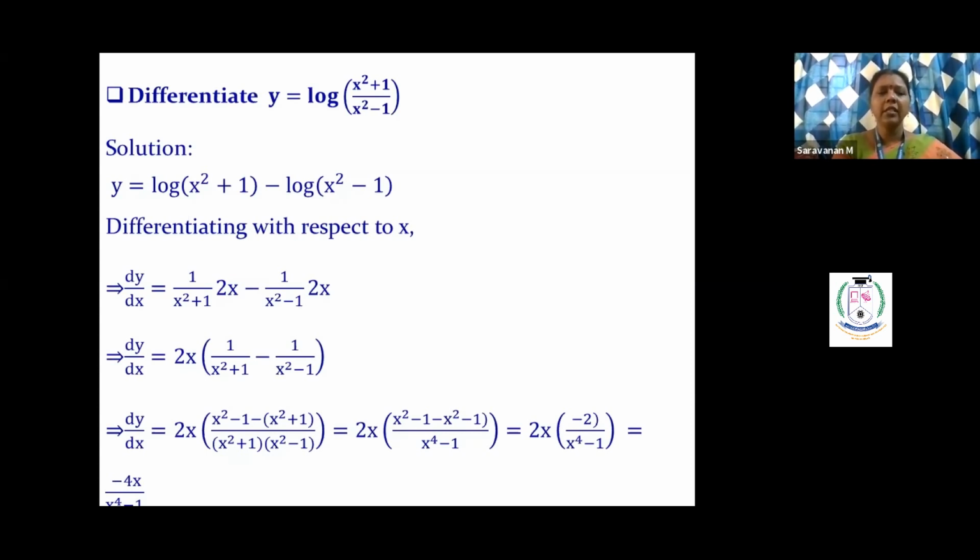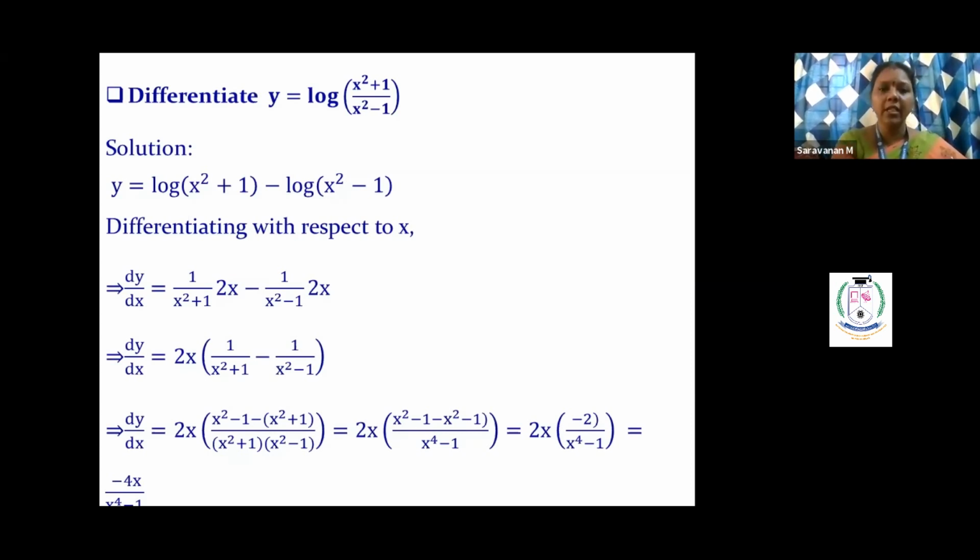dy by dx is equal to differential of log x is 1 by x. So we are considering the whole term as the single variable and written that as 1 by x squared plus 1. Okay. And inside that function of function differential value. So we are applying log here as well as a function of function. Okay. So 1 by x squared plus 1 derivative formula. Then x squared plus 1 derivative is 2x. Plus 1 is a constant, so that becomes 0 with respect to x. So differential of x squared is 2x. Okay. Minus the same way.